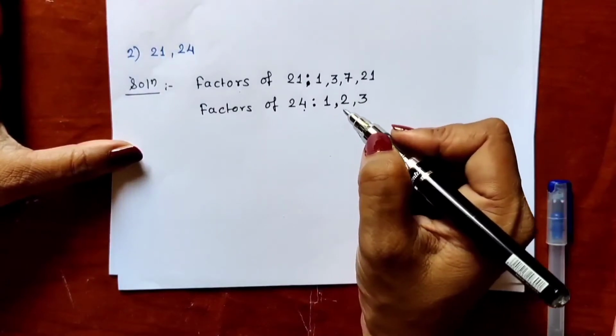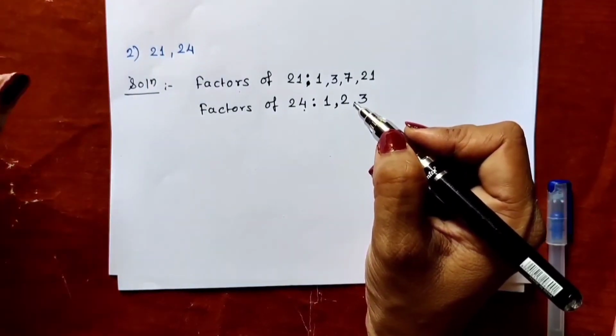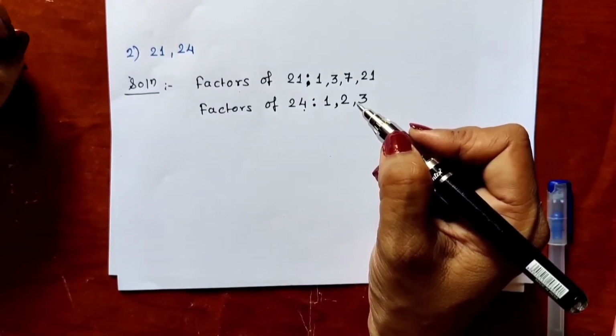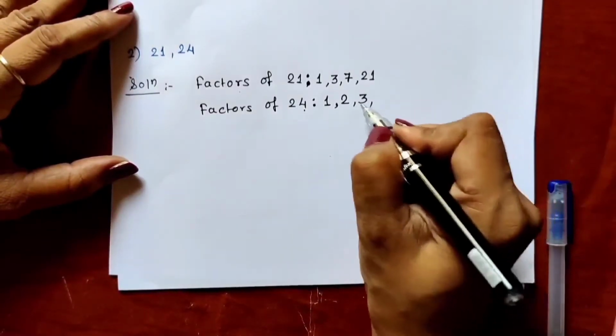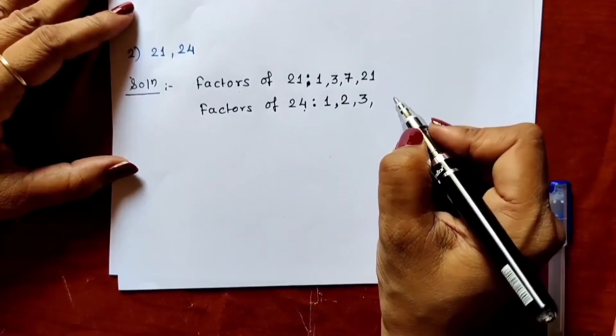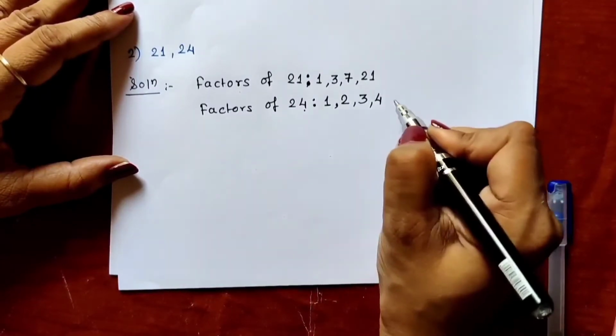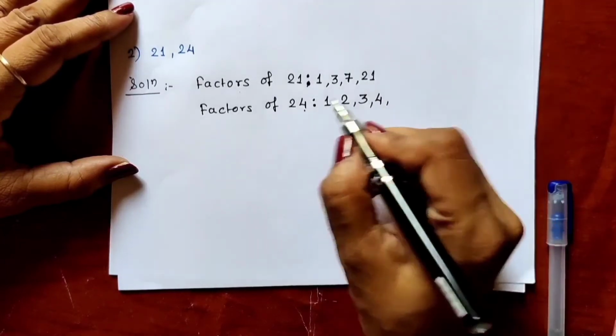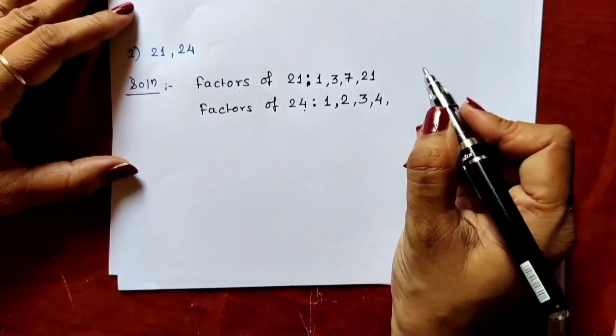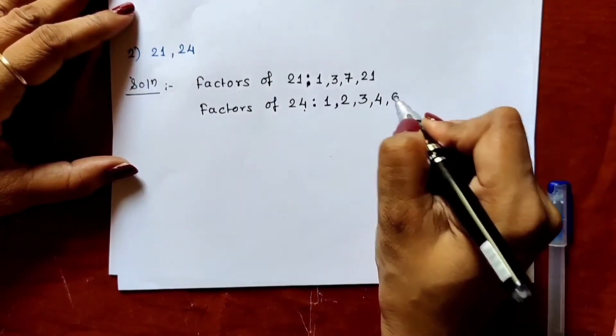And if you want, you can check in the table also. We all know that 3 8s are 24, and that's why it is divisible by 3. And 3 is the factor of 24. Is it divisible by 4? Yes, 4 6s are 24. Is it divisible by 5? No, because 4 is in the unit place. Is it divisible by 6? Yes, 6 4s are 24.